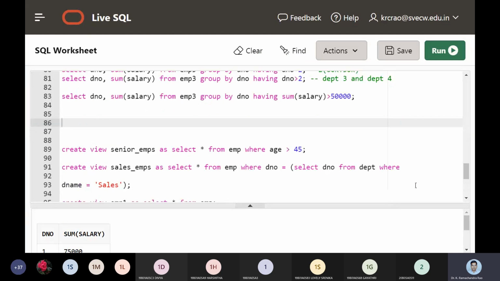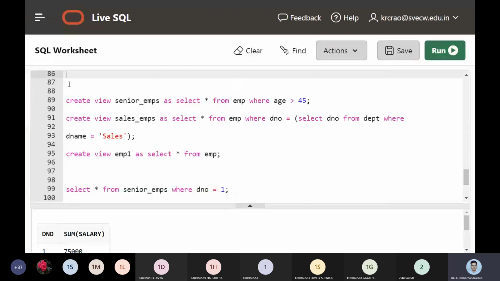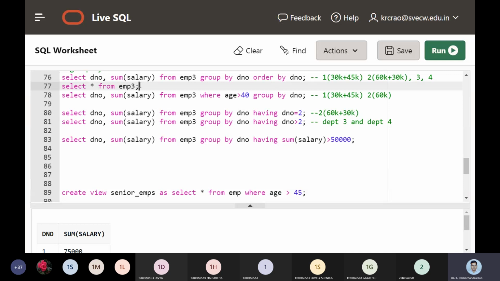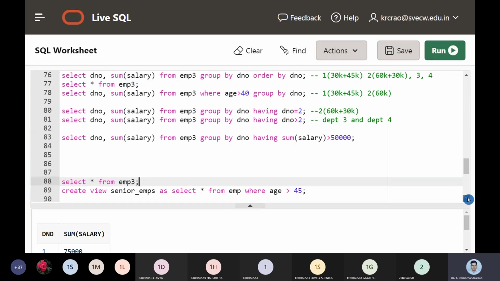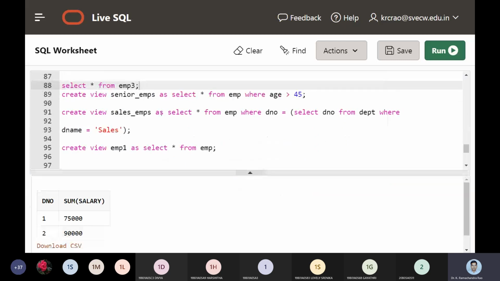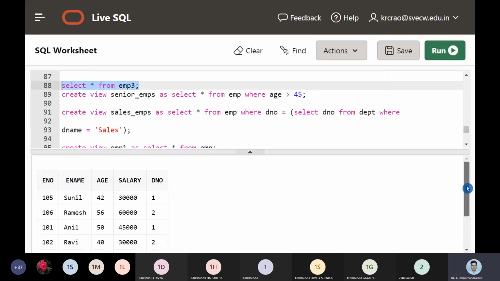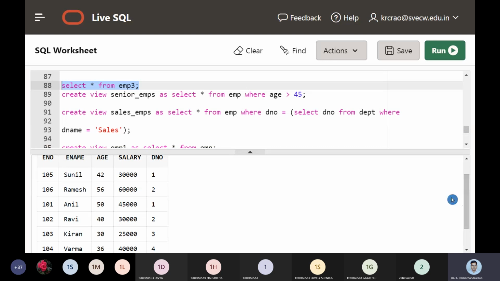So select star from employee 3. Now we get these 6 records, right?